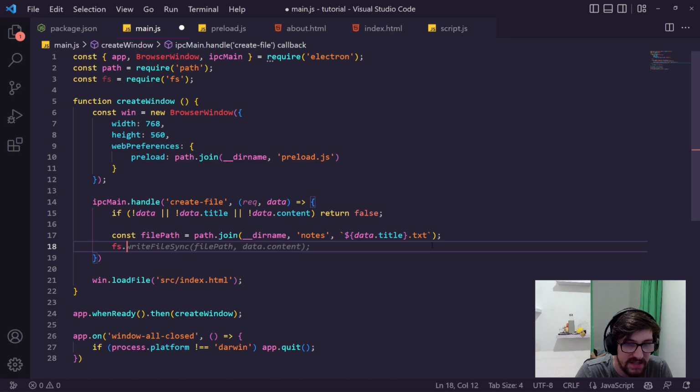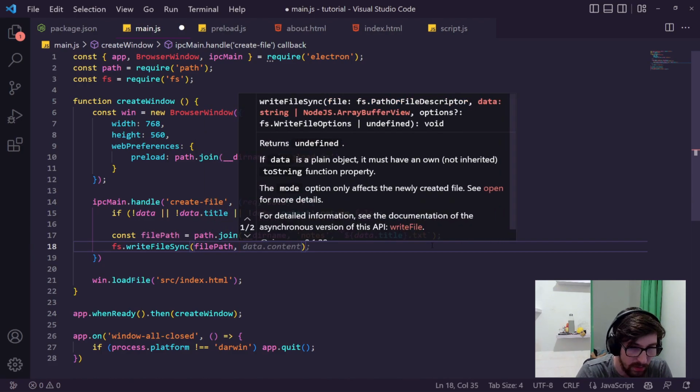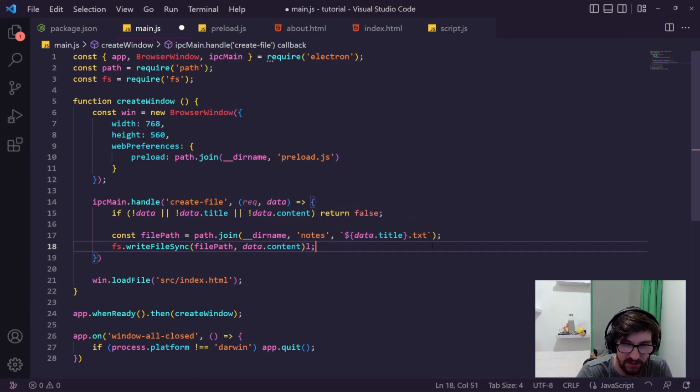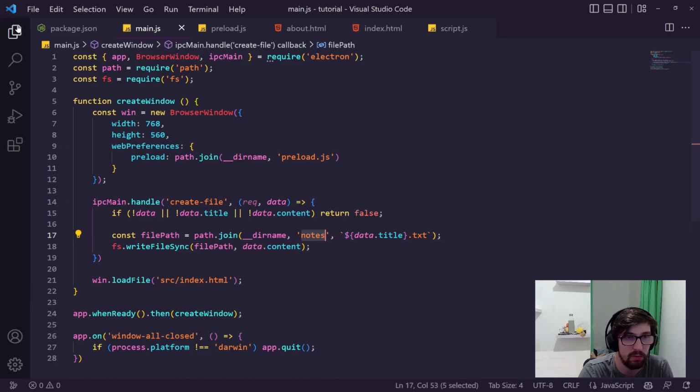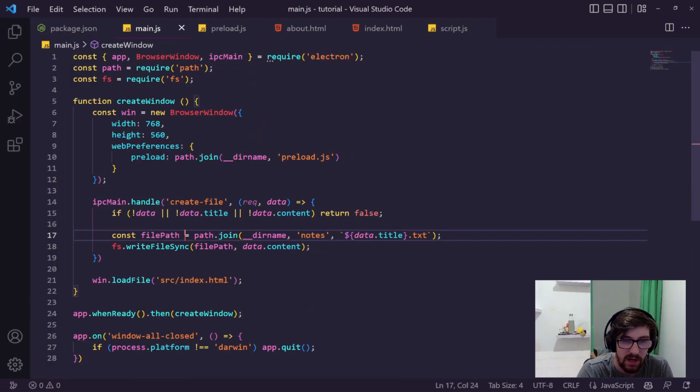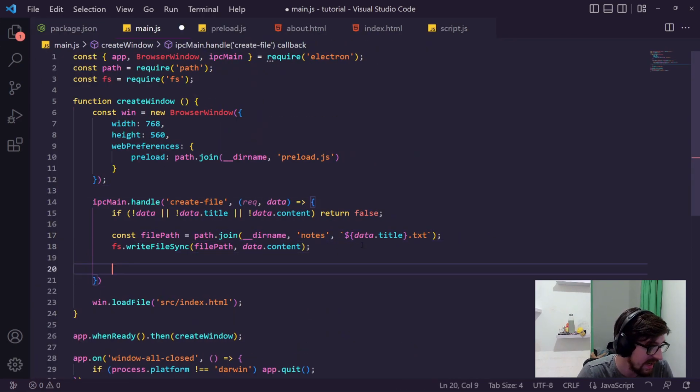We can then say fs.writeFileSync, and we're going to pass through the file path and then the content we want to save inside of our node. And that is going to be our little data.content here. So you can see we're saving a text file to a notes folder. We need to create this notes folder. So let's just create a notes folder in there. And there you go. We're then going to create it, and we're just going to say return true,